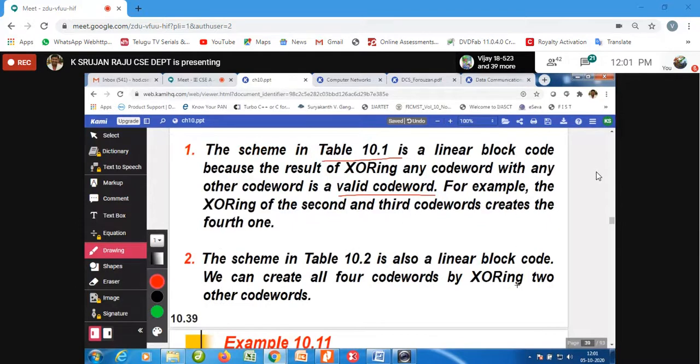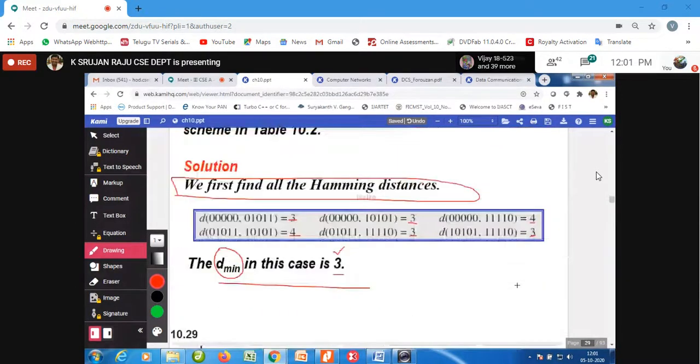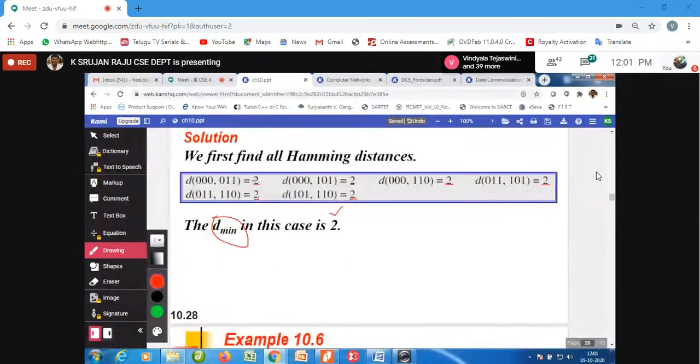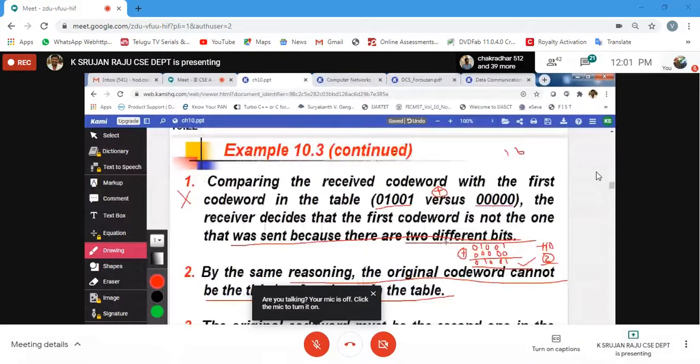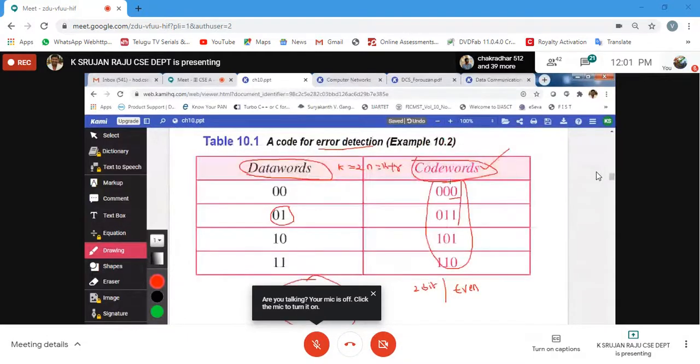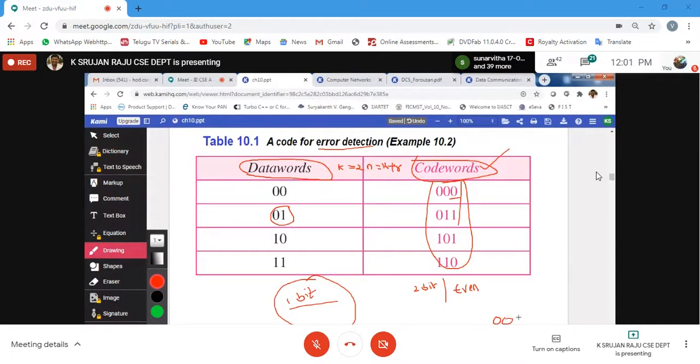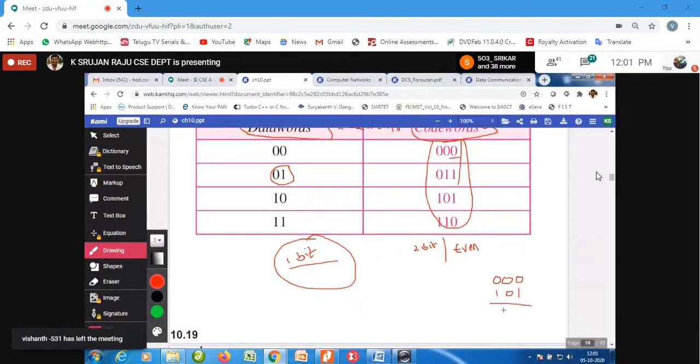If you ask how this happens, let us consider two valid code words of table 10.1. Take 000 and 101. XORing them gives 101, which is a valid code word.